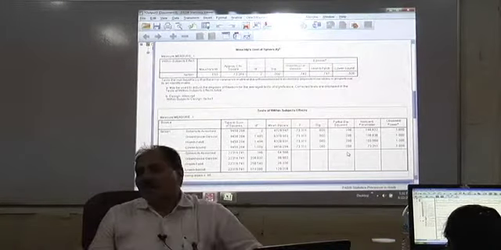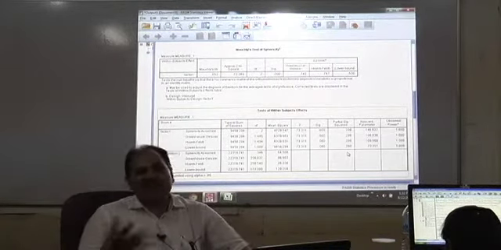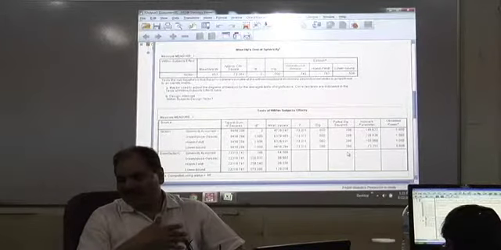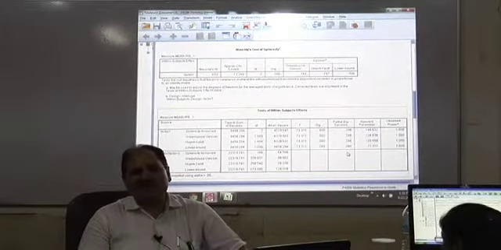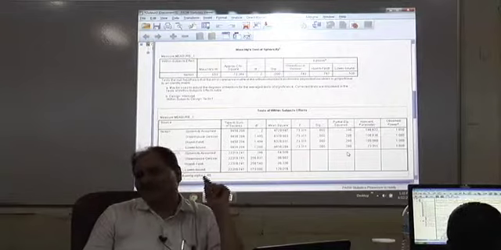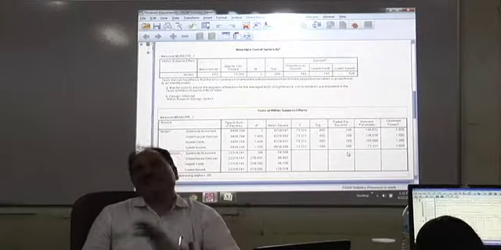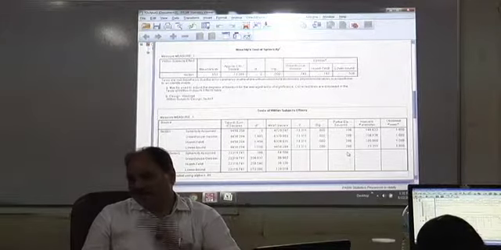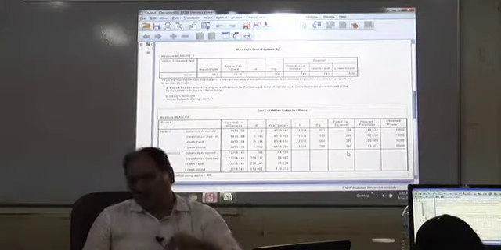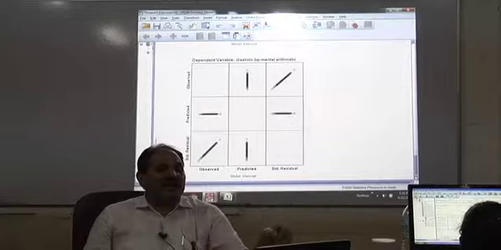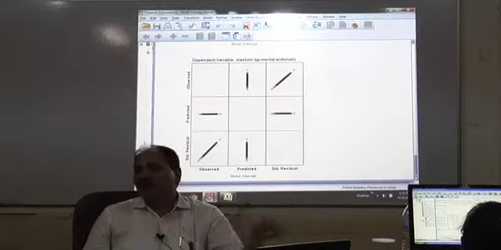That means when we are interpreting this result, how much confidence can we have in it? We can have 100% confidence because the observed power is 1. If the observed power is less, your confidence in the results will be lesser. So that is how you interpret the observed power.